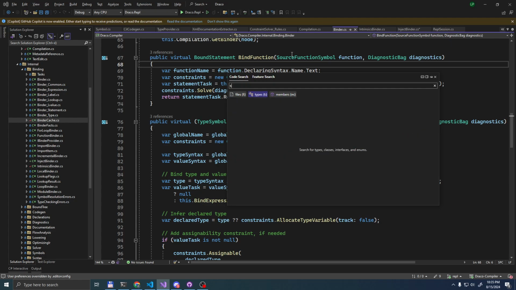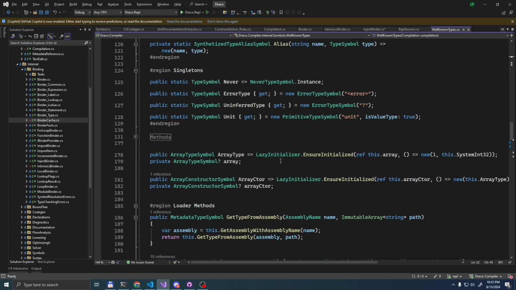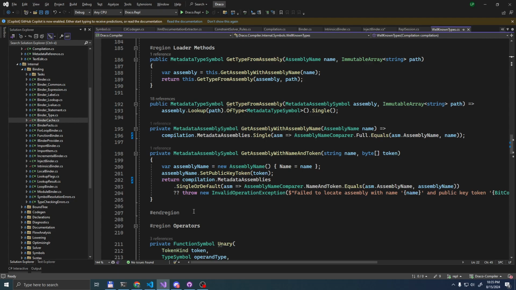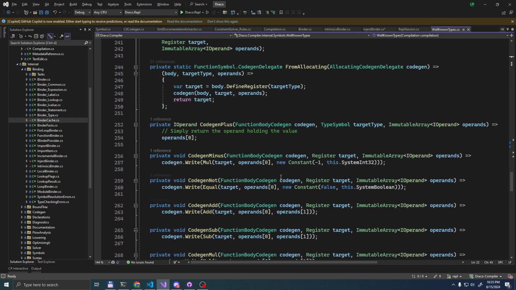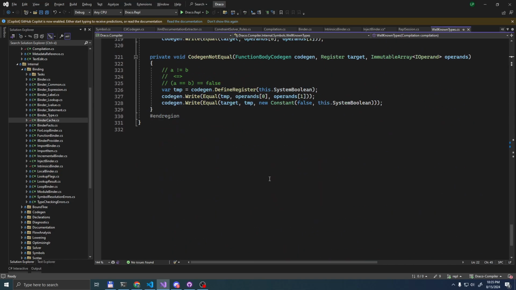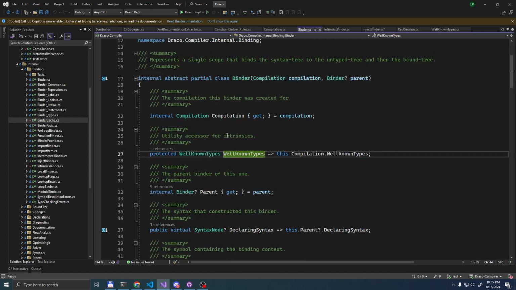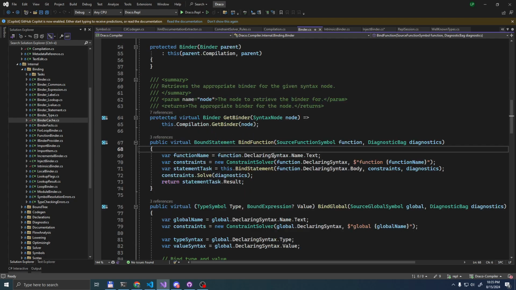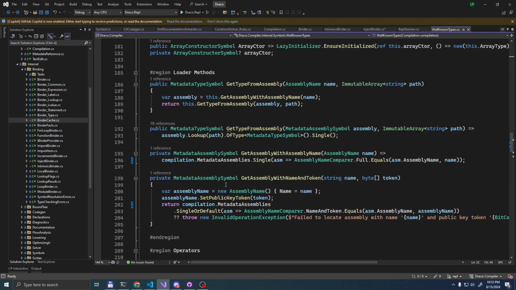I wanted the well-known types. I thought we had a lookup region here. Yeah, then we're going to do something really, really bad. No, let's actually try to tackle it in well-known types, because I believe we have lookups here somewhere.